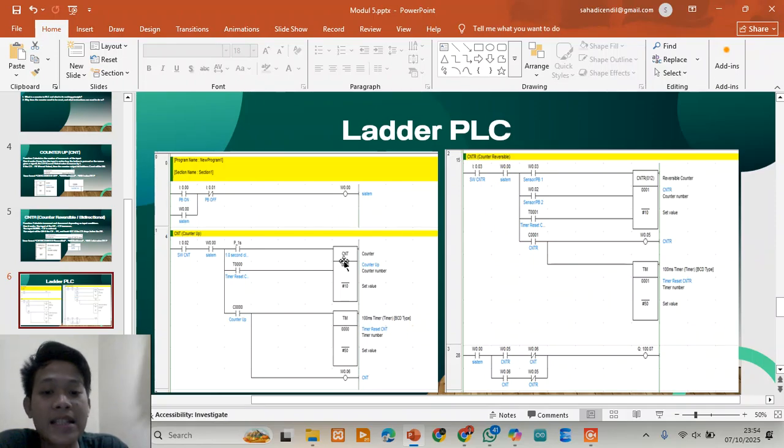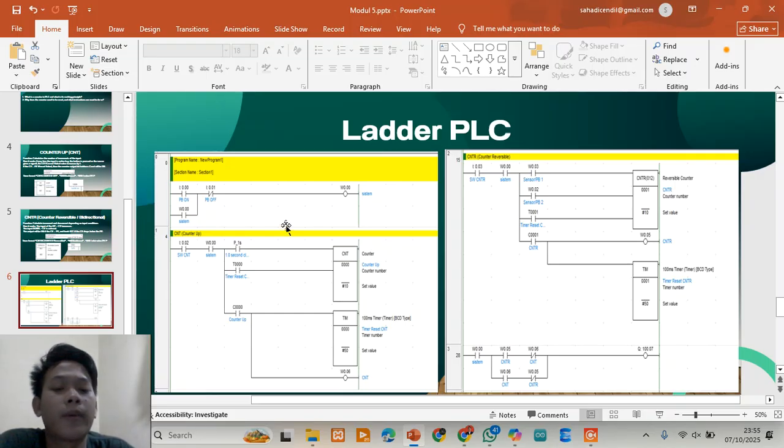And this is the supply for input and output, and the hardware solenoid valve.